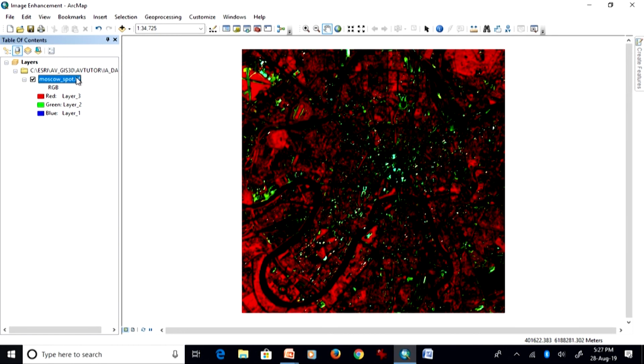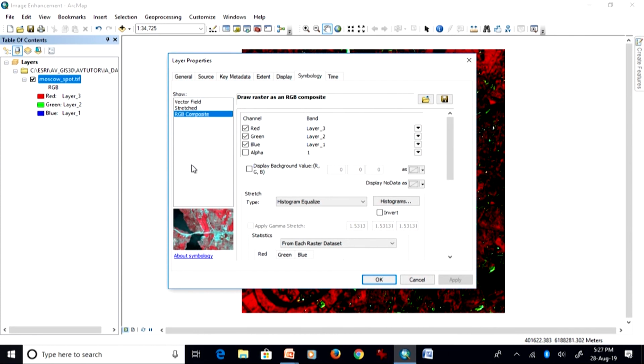Whenever you handle any images, as I am repeating, first study the histogram, see the different bands, and the responses of different features present in the image in different bands, for example vegetation, water bodies, maybe forest land or cropland and other things. And after studying the image and the histogram, then as per the requirements go for the appropriate stretch type.